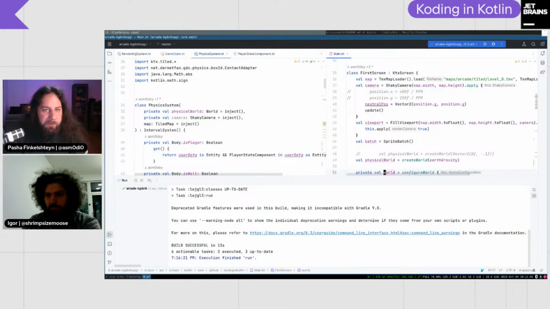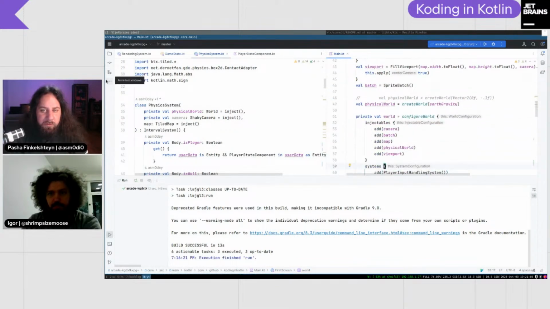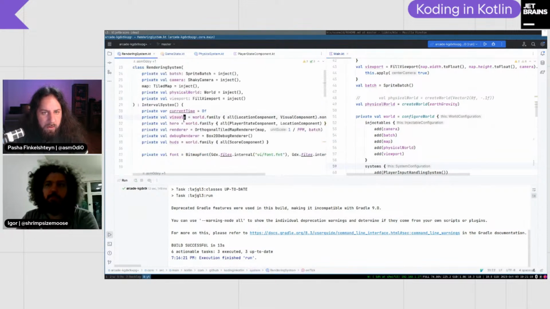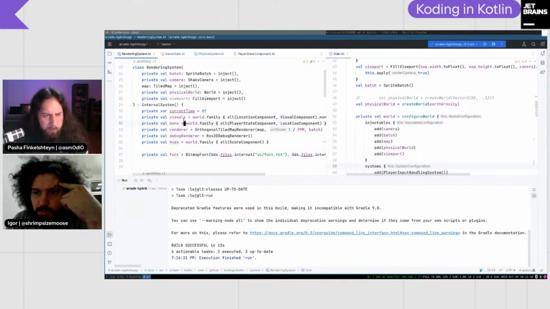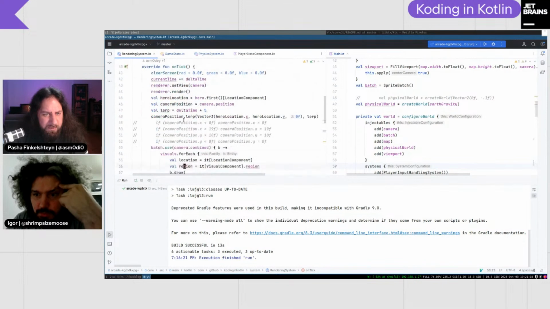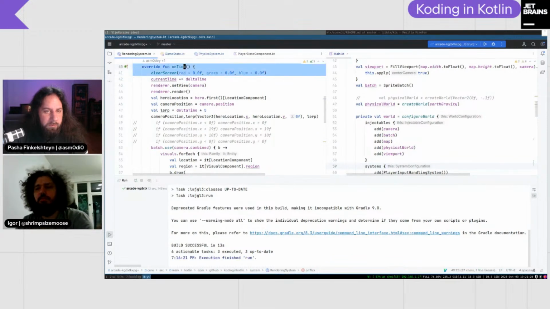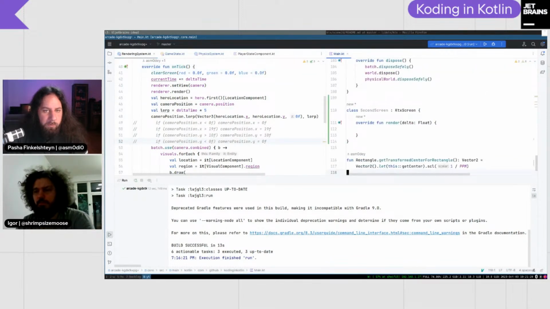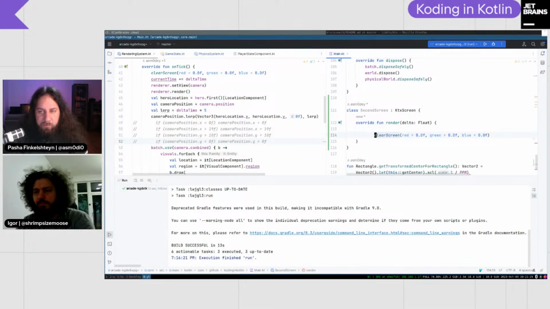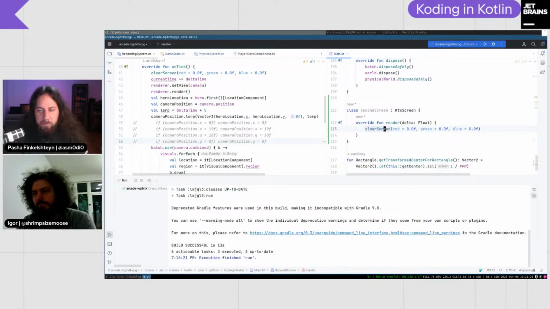Could you please open rendering system on the left? And go to on tick. Yeah, we need this clear screen function. Clear screen. Okay. We don't even need on tick itself. So it should do the trick.